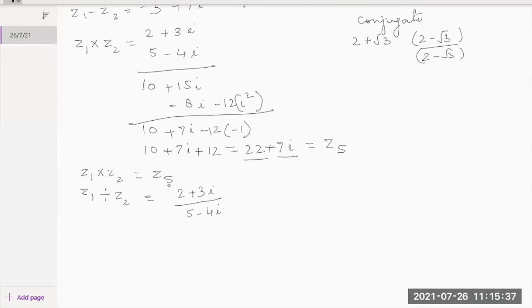Same concept is to be applied here also. When you're talking about the conjugate of any complex number, group it into two parts and then replace the sign in the middle with the opposite one. That is, the plus gets replaced with the minus and minus gets replaced with the plus sign.